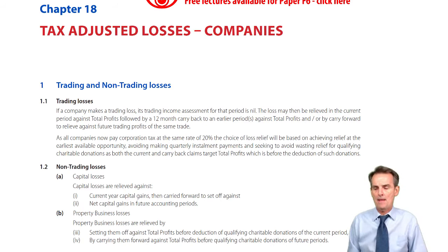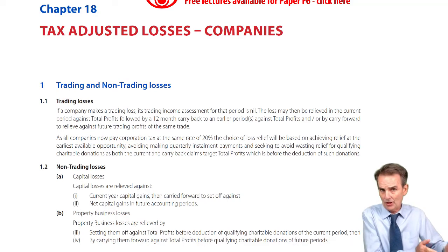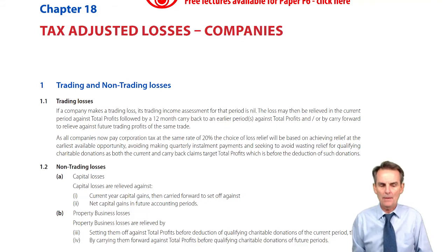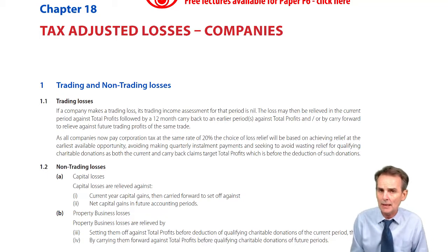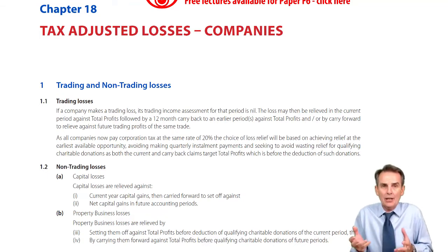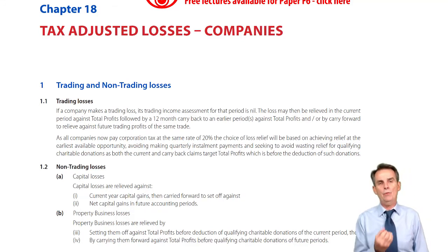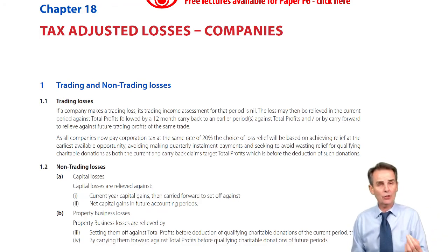Now, do be aware there that here in corporate tax, if you want to carry back to the previous accounting period, 12 months back, it usually is the same as the previous accounting period. If you want to do that, then you must firstly have made the current period claim. Now, that is different to what happened for individuals in income tax. So far as an individual in income tax was concerned, if they had a loss in the current tax year, then they could claim to set off against the total income of the current tax year and or the preceding tax year. And as we often saw, it was probably the preceding tax year that was targeted.